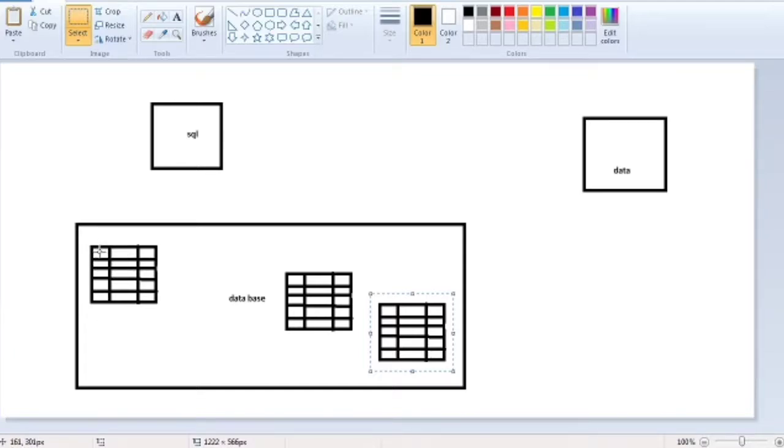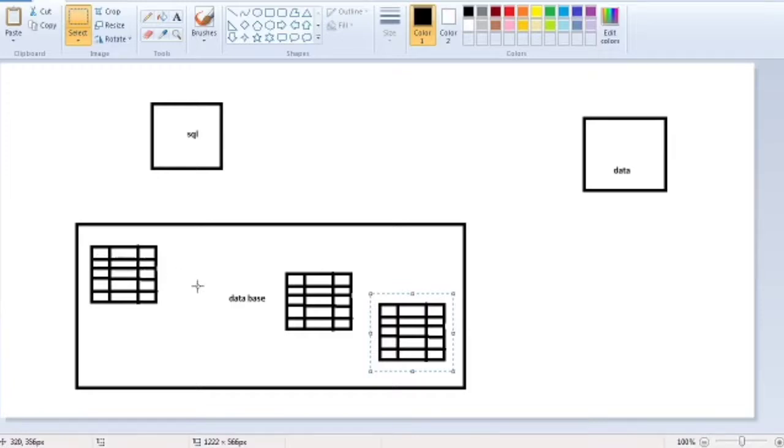So while creating a table, we need to mention its table name, its field name and its data type, along with the size too.